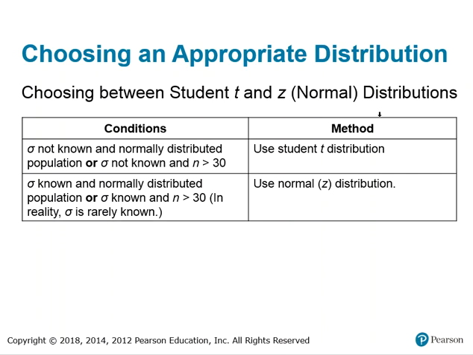The big thing now is just to remember when you use what. If you know the standard deviation for the population, then you're going to do a Z distribution, and if you don't, then you're going to do a T distribution. In both cases, you want things either to be normally distributed or you want a sample size that is greater than 30. Okay, I'm going to do another example showing you how to determine whether it is normal or not,